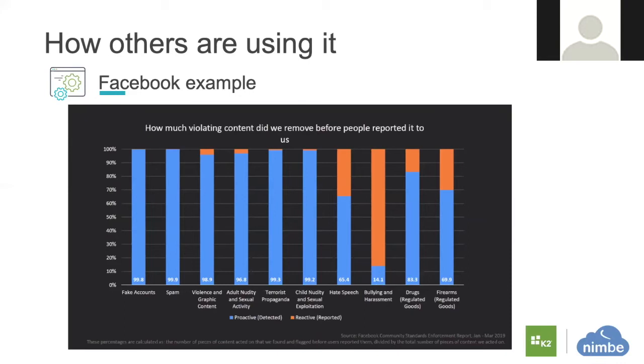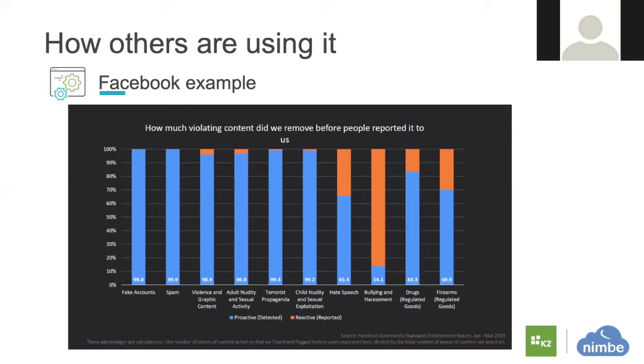When we place something on Facebook, obviously they have got millions and billions of contents coming through. It's not humanly possible to moderate each of those. So they're using AI to do the same. And here is an example of what kind of different things they are able to capture before it is made live, before it becomes available for people to look at. So to be able to identify fake accounts, spam, violence, drugs, firearms, these kinds of things, otherwise would take millions of people to manually review all of these.